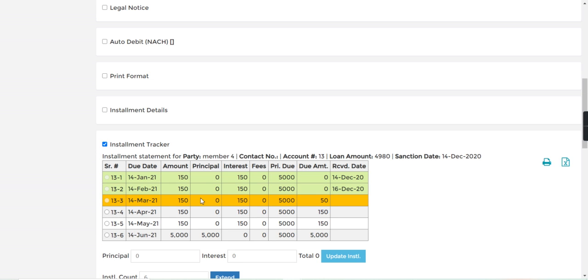Here you can see this member has paid 2 installments successfully, but the one installment of 50 is due. So on the 14th March the 50 is due. He can pay this 50 amount on the 14th March.